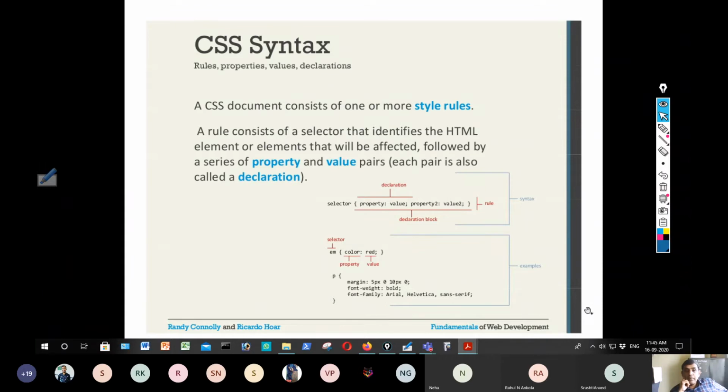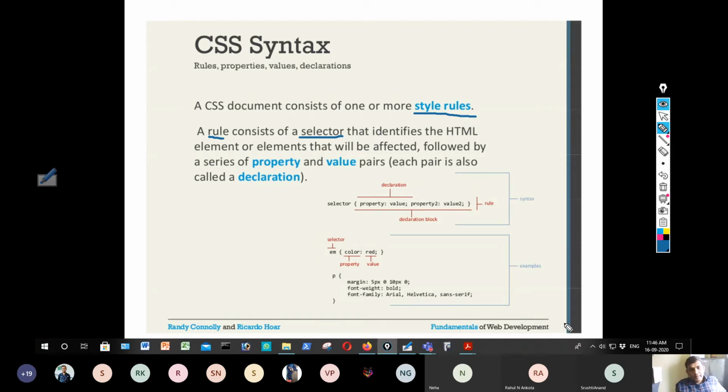A CSS document consists of one or more style rules. You give a style using style rules. What is a CSS rule? A rule consists of a selector that defines the HTML element or elements that will be affected.